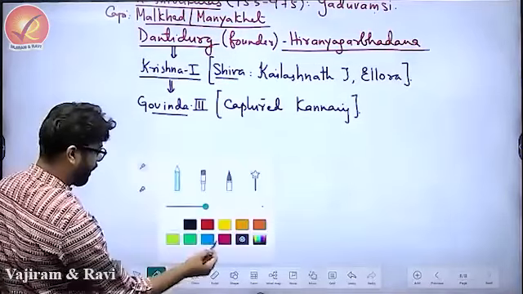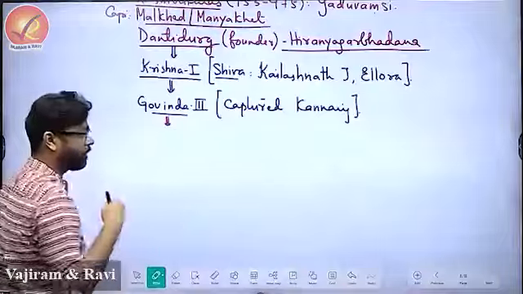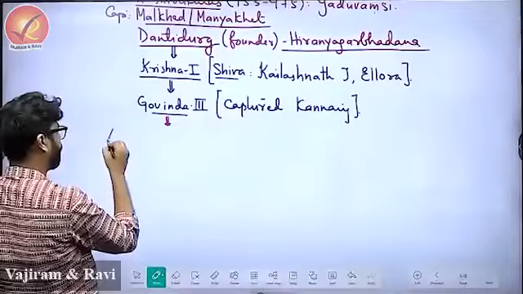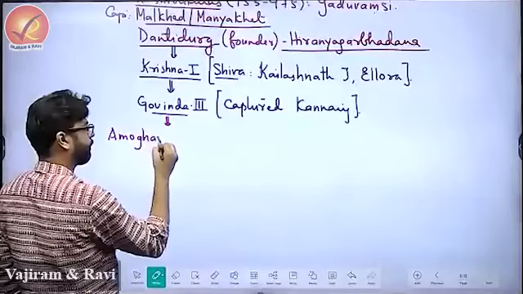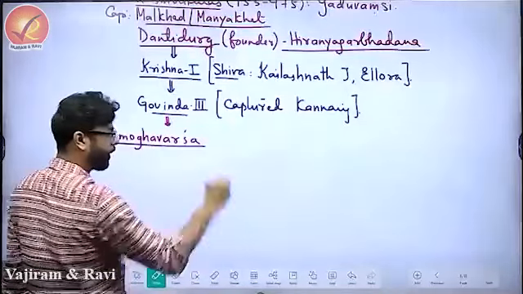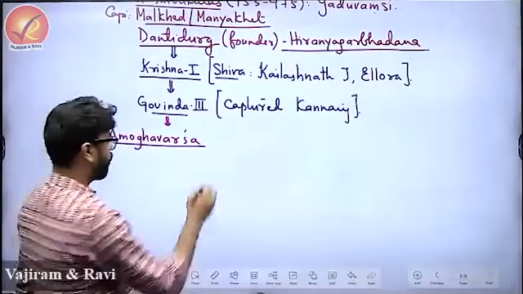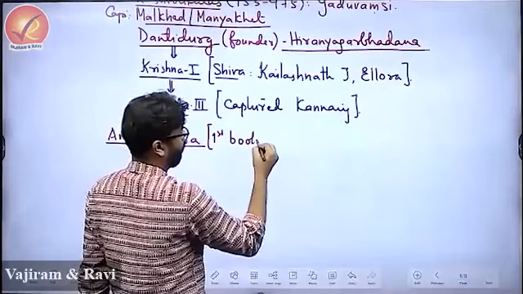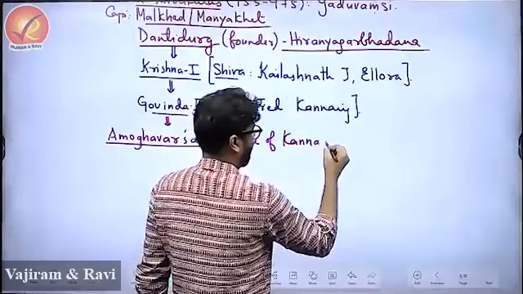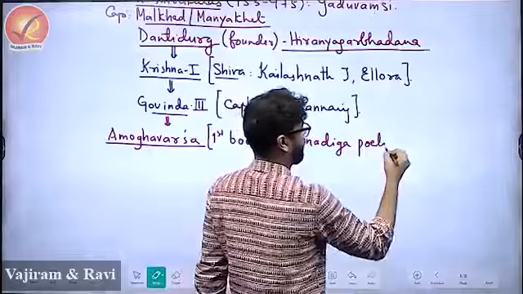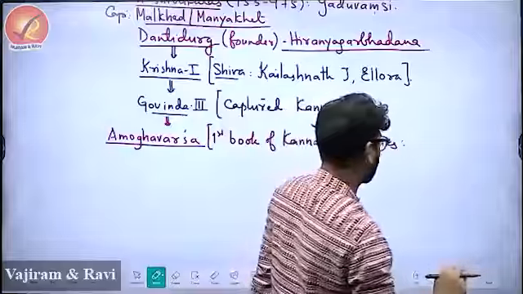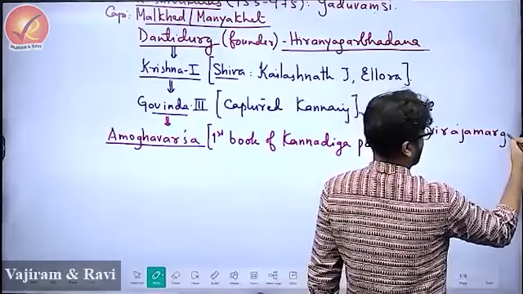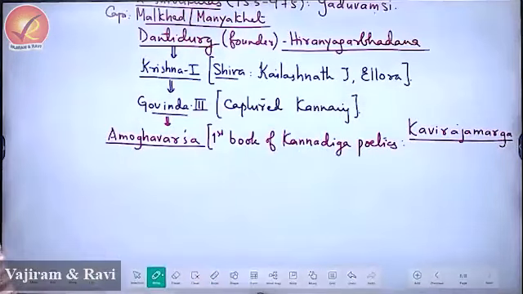The next ruler who comes is not interested in expansion mostly. He is interested in establishing the culture and the heritage of this country. His name was Amogha, a very powerful ruler. Amogha was mostly interested in establishing what we refer to as language and literature. He authored the first book of Kannada poetics. That does not mean Kannada was not spoken before. It simply means he gave you the proper syntax, phonetics and grammar for the language. The name of the book is